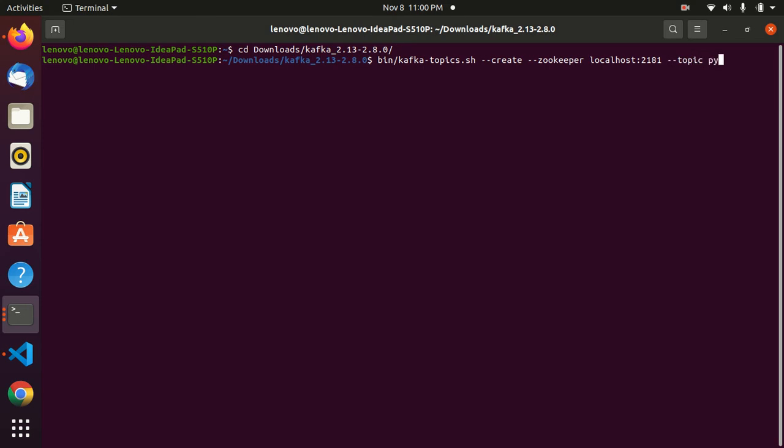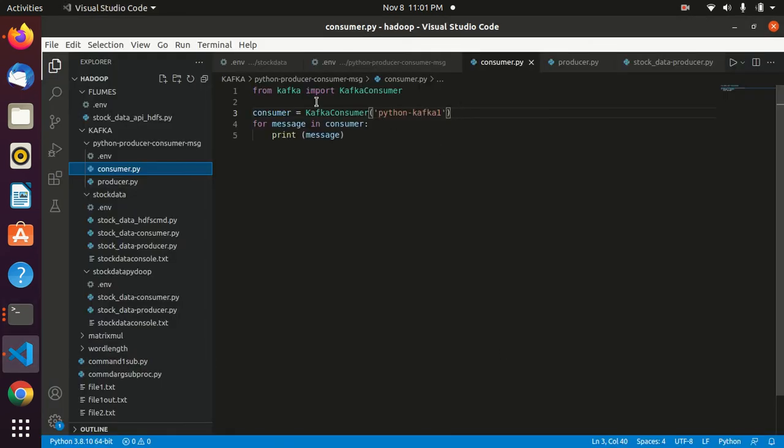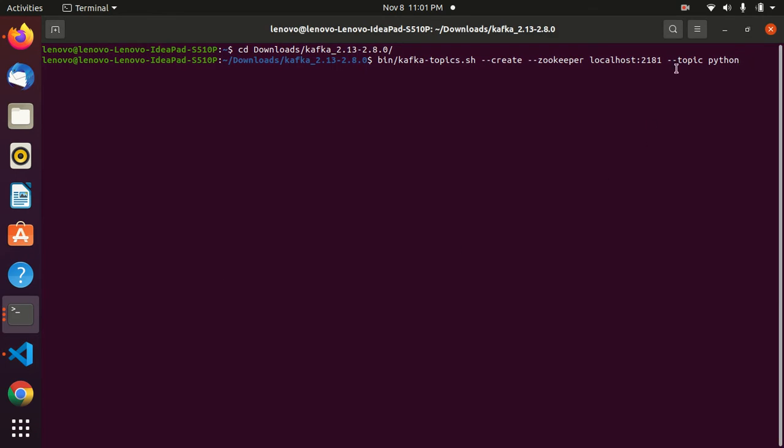Our topic is python-kafka1. Let's see the topic again. So it is, let's copy it. So this is our topic, and here the replication factor is mentioned as 1 and --partitions is mentioned as 1. And now let's press enter and see our topic got created.